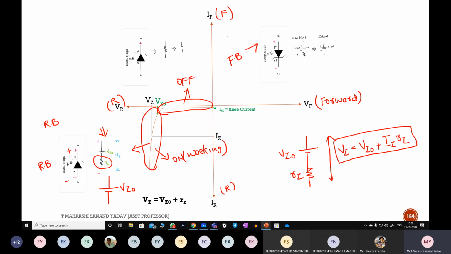Under forward bias, the working condition of Zener diode is same as normal diode. So there won't be any change in this region, and in this region also till VZ naught there won't be any change. But once this breakdown voltage VZ is reached, it starts working, so that it should be represented something like this. Suppose you consider this as case 1, this is 2 and this is region 3. Under 1 and 2 the working is same as the normal diode, whereas you need to understand the working only under this region 3, I mean breakdown.